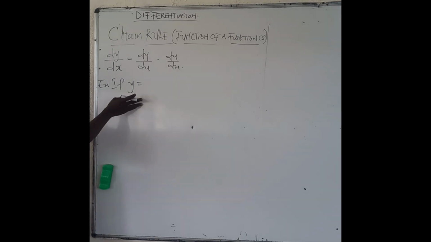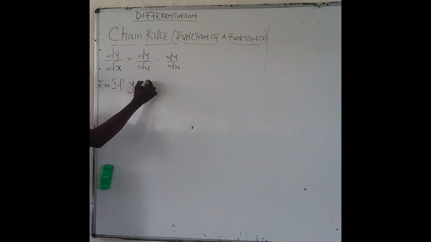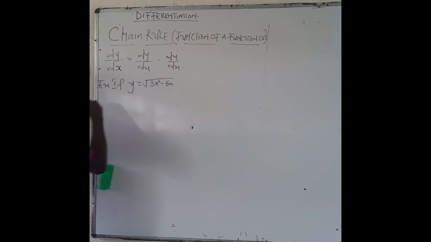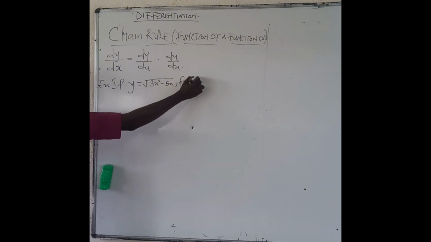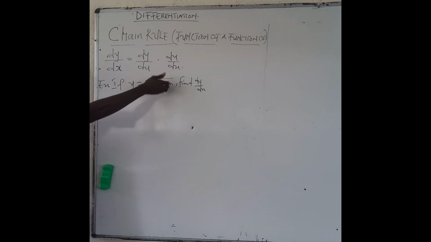So let's look at example 2. You can be given: if y is equal to the square root of 3s squared minus 5s, find dy over dx. Now, looking at this question, you can see that this is a function of a function,